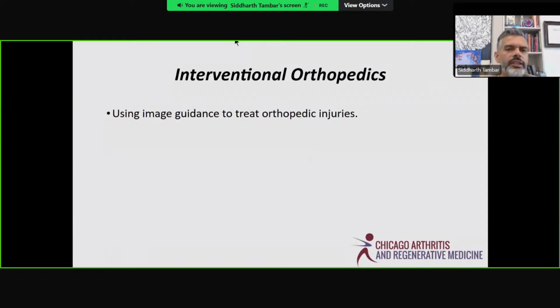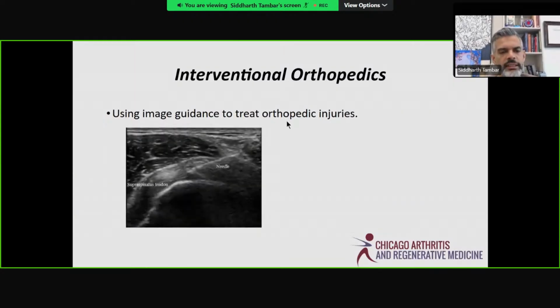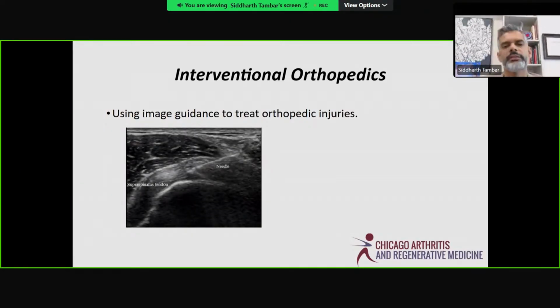Next concept to understand is what's called interventional orthopedics. This is using image guidance to treat orthopedic injuries. I've got colleagues who believe that you can inject joints and tendons just by feeling the outside of the skin. It's very 1950, 1940-ish. In this day and age, if you have X-ray and ultrasound available in the office, you should be